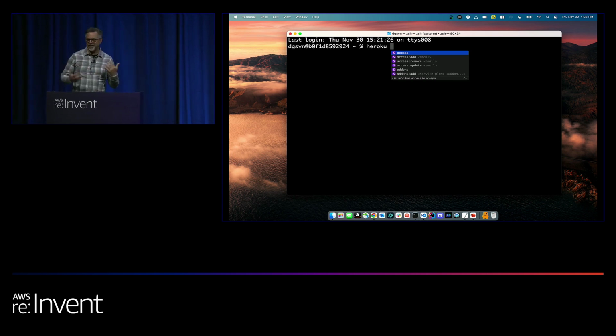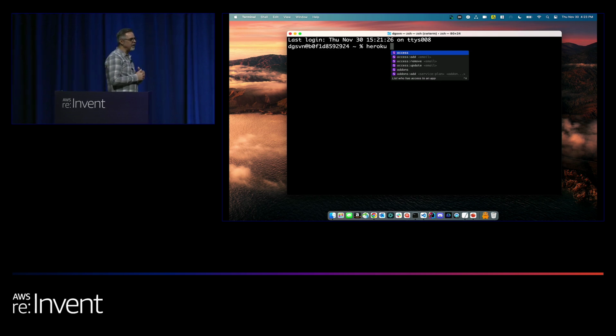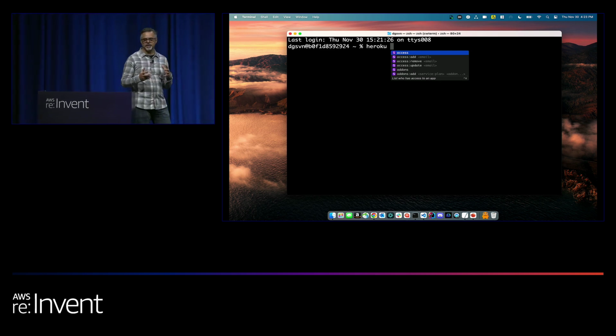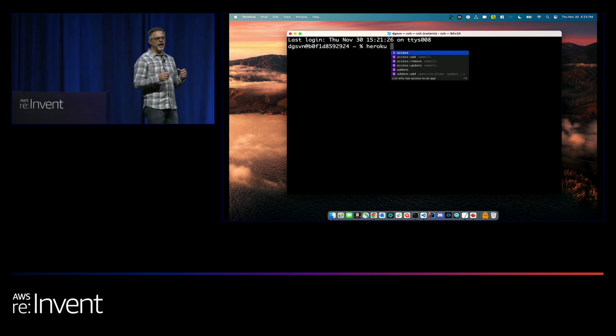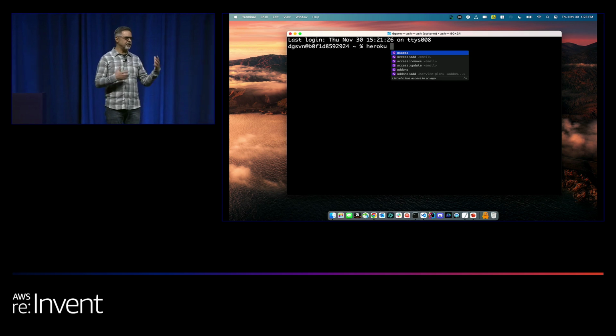You get the autocomplete capabilities, and it's just going to make you a little bit faster. And again, part of how I think about developer productivity when it comes to these tools is that I'm not replacing the work you do. The work you do is the work you do. What I want to do is make you faster at the work you do.